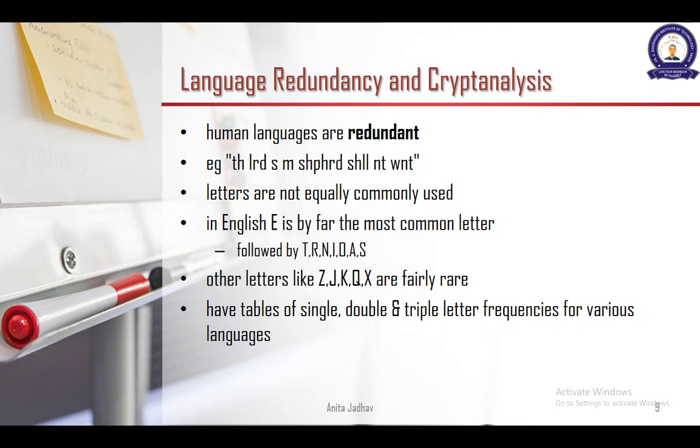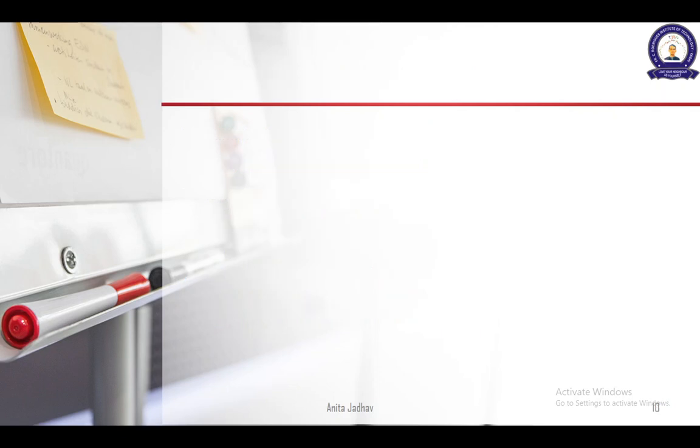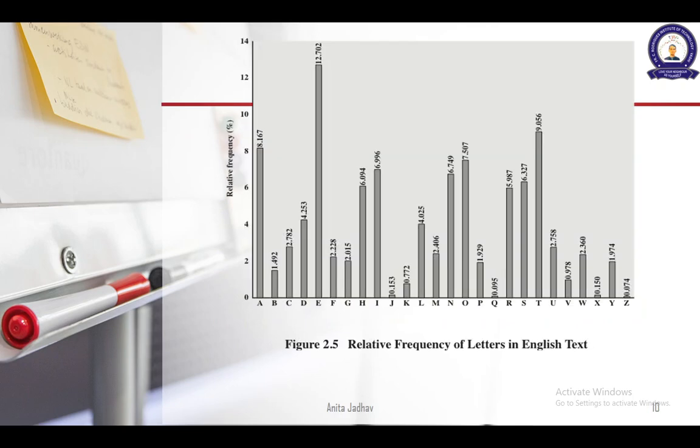So people have made tables of these letter frequencies. People have already made a graph in which you can find out the frequencies of these occurring letters. So just look at this graph which is there on the screen. You can see here, for every letter the frequency has been calculated. For example, for E it is 12.7, so E is the maximum occurring letter in the English language. Then you have T, which is 9.05, and then you have 8.